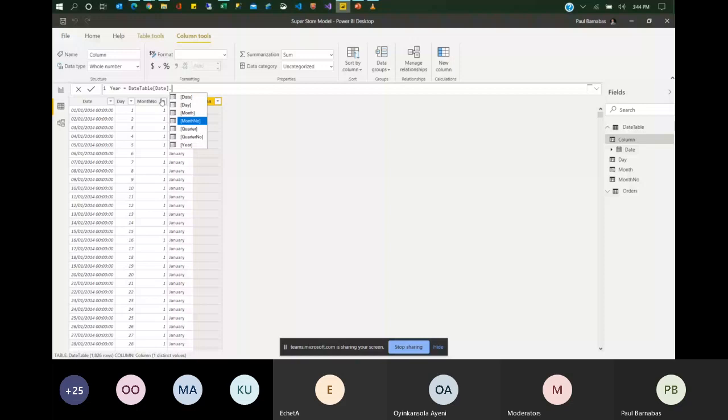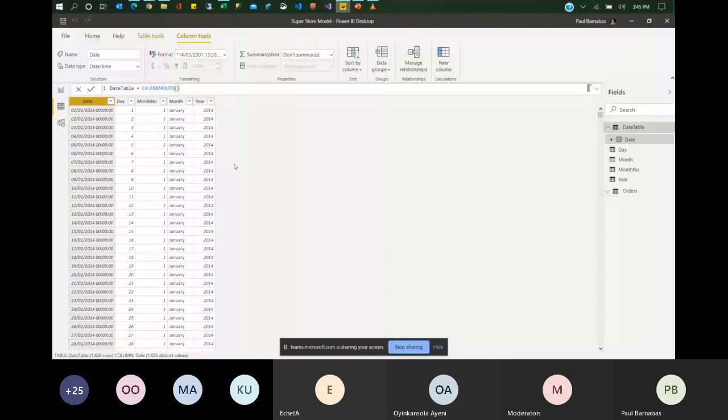So kindly take note that there is another way of also creating these columns. The other way is by using the format function, and you will get to see how that is used when you watch the online video. So here, I'm using the helper function to achieve this. You can also make use of the format function also. So let me show you an example of how that works. I'm going to create a new column, and this is going to be quarter. And it's going to be format. I'm formatting the value, which is my date, referencing my date,